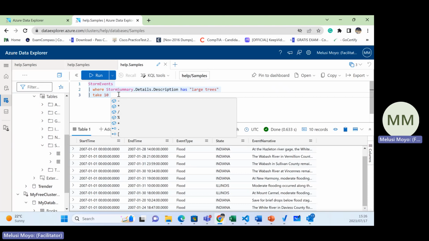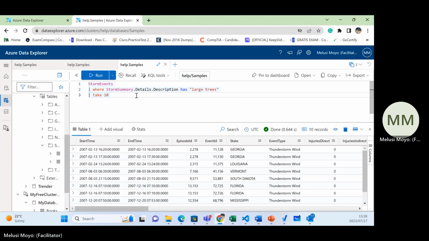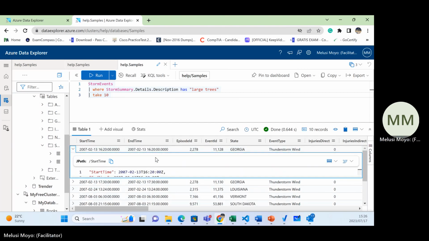So I'm interested in records in my database, or in my table storm events, where storm summary details description is the word trees. And then I want to check 10. But let's see. You can see large trees. So that will be, if we do this, and then